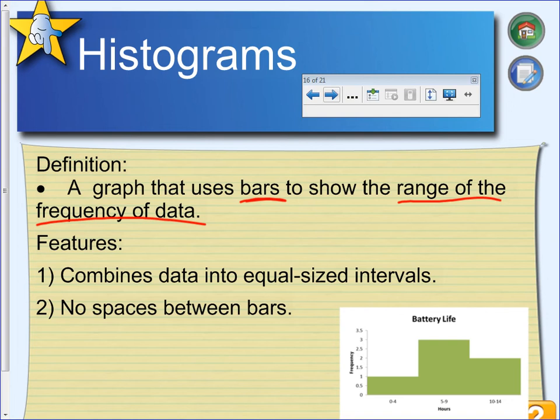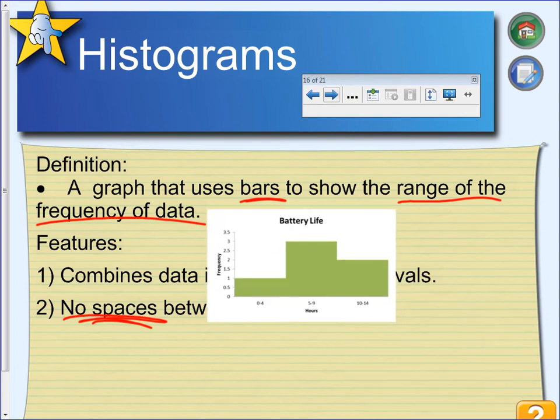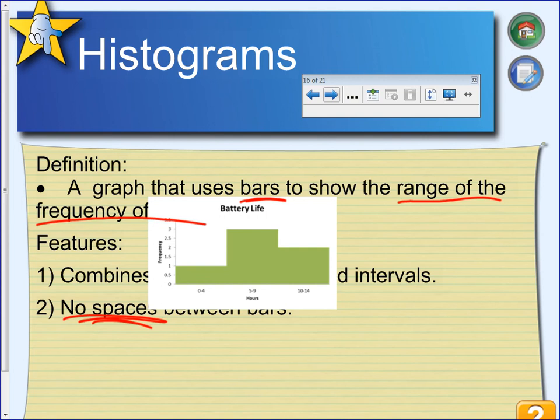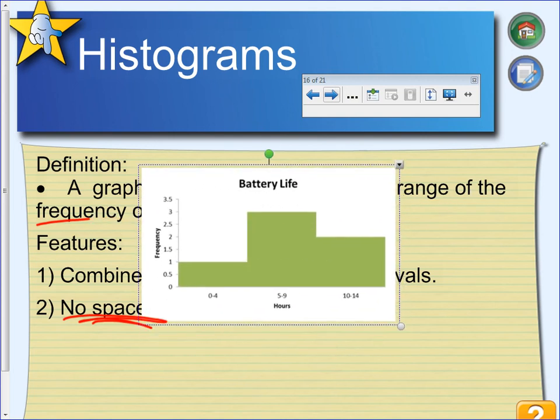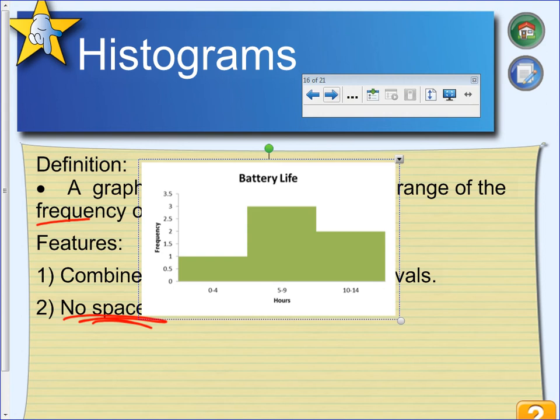But the features: it combines data into equal-sized intervals and has no spaces between the bars. Okay, that's very big. There's no spaces. Unlike the bar graph where there are spaces, there are no spaces between the bars. Okay, as you can see in our battery life example here, battery lives of cell phones, computers, anything like that, they have equal intervals. The first one is from 0 to 4, the second one is from 5 to 9, and the third one is from